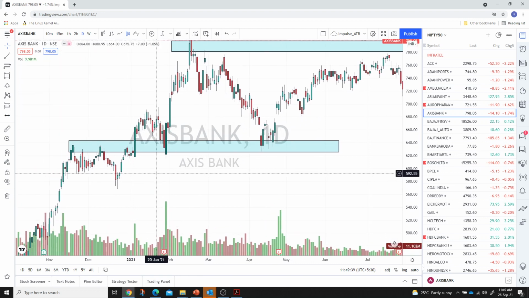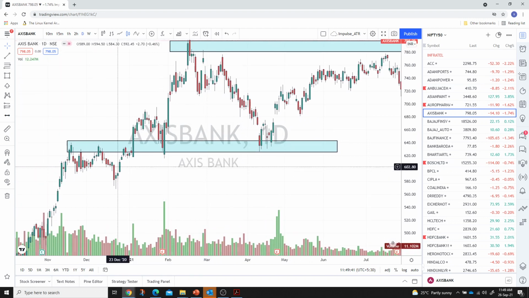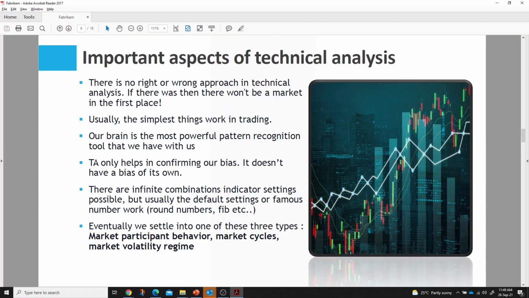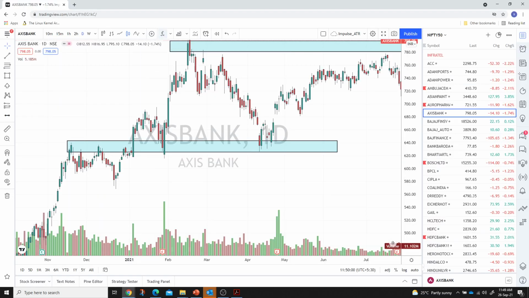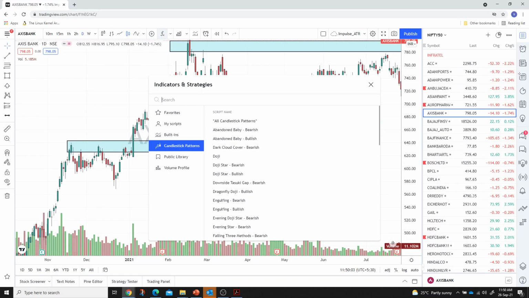And it is very important that we let our brain learn rather than relying on some tools. Then technical analysis should only be used to confirm our bias. It doesn't give a bias of its own. Just because I have a moving average which is going up, it doesn't mean that the price will go up. It is to confirm a bias that, okay, if my moving average,